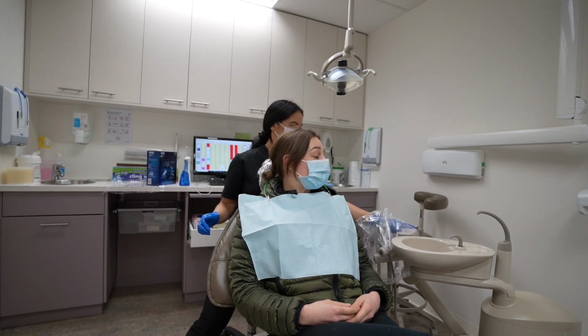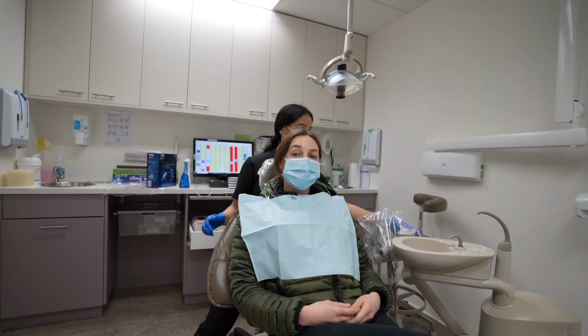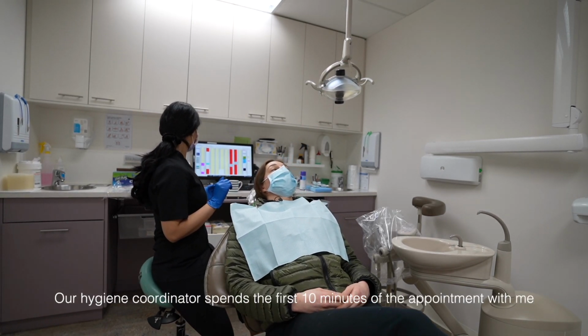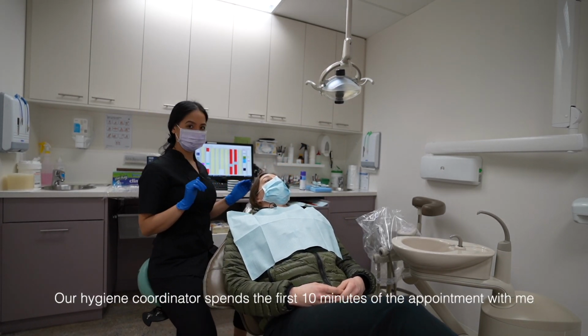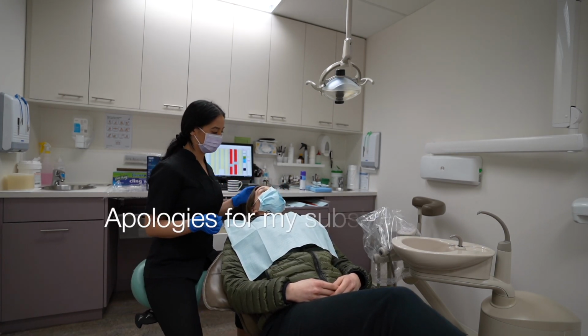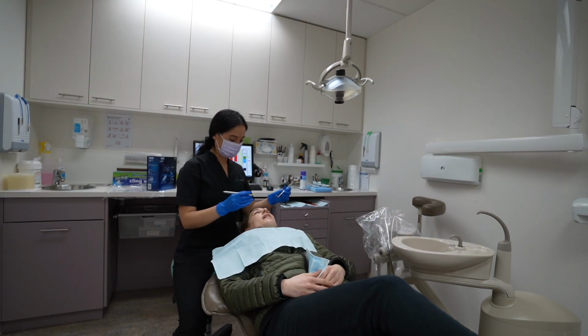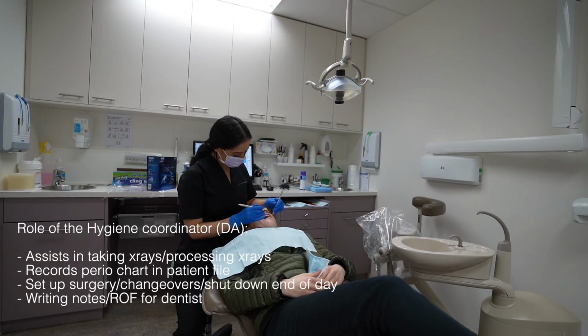The patient usually has a pre-procedural mouthwash before I sit them back here, but typically at this point of the appointment, our hygiene coordinator will be with me for the first 10 minutes. I'm looking for my loops here, but I realise they're in another surgery, so I really apologise for the lackluster PPE. The hygiene coordinator at this time is helping with x-rays and processing them, making notes in the patient file for me,